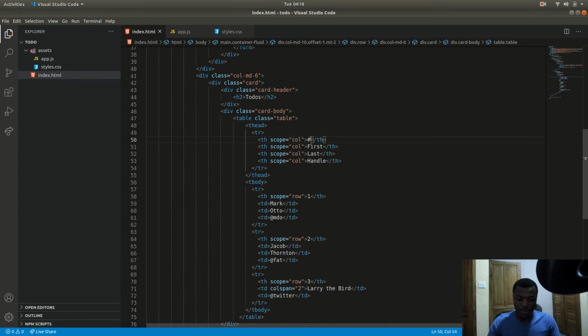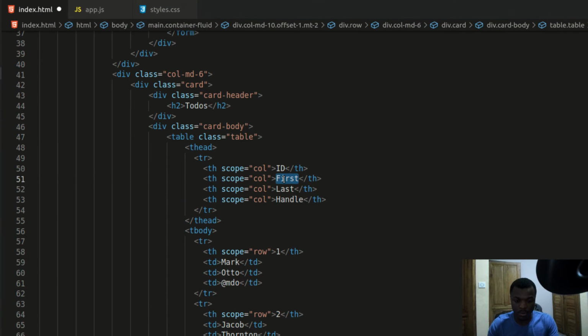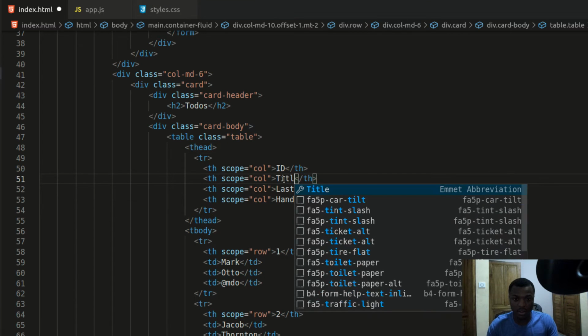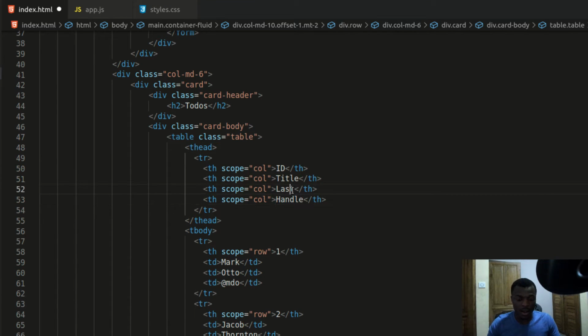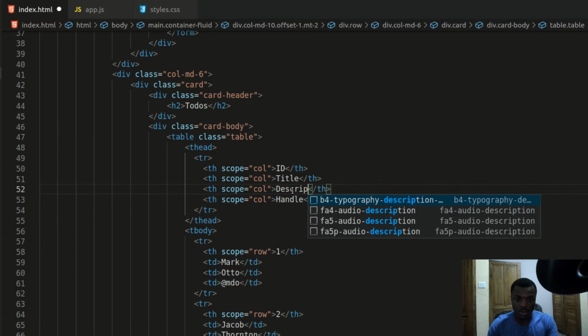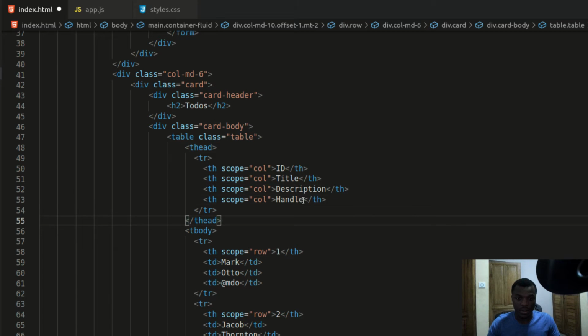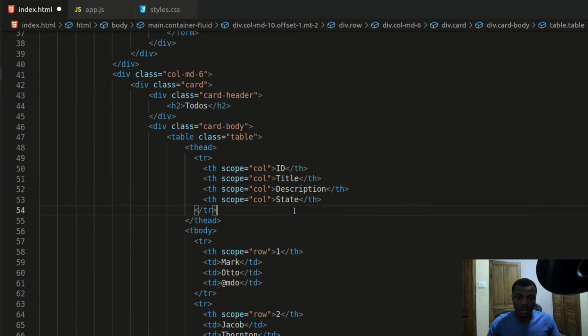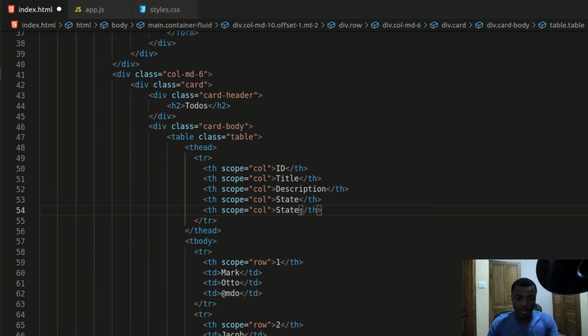We have an ID, title, description, and state, and I'm going to add one header called